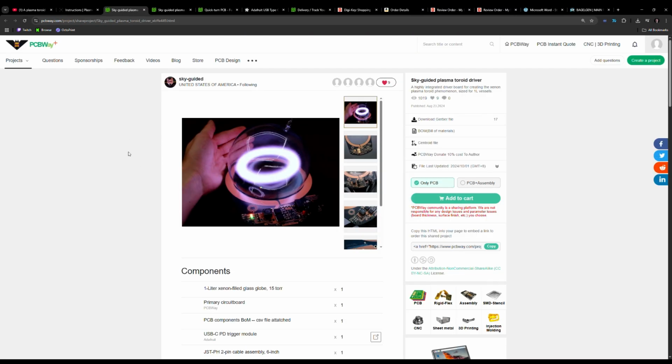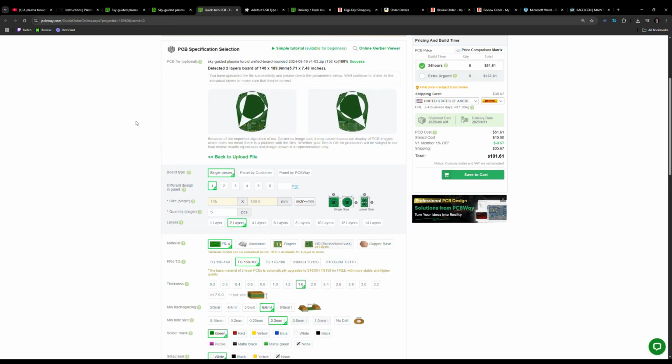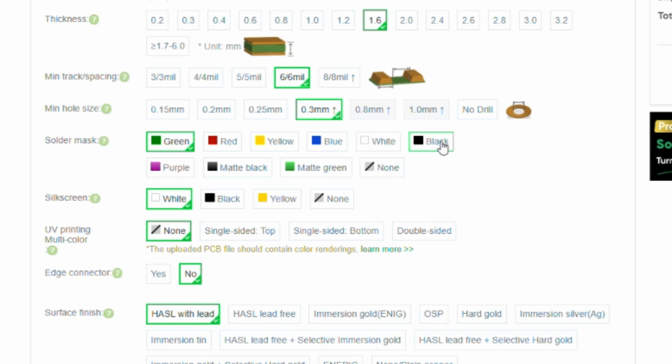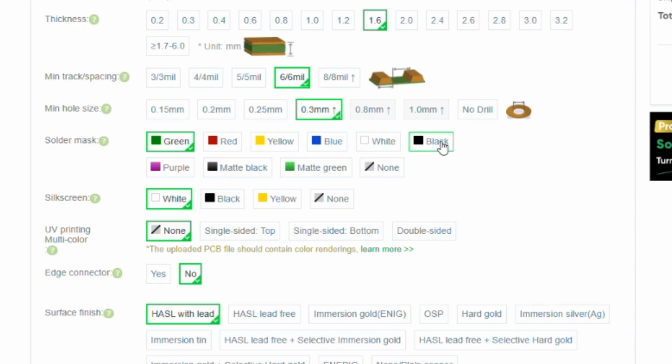It'll take you to this PCBWay project page, and you can click Add to Cart to auto-populate the PCB. So when you do that, it'll fill all this out for you. I tried to see if they could do a black solder mask, but that turned out to be an issue with the spacing between the pads for one of the integrated circuits, so I just opted back to green, which